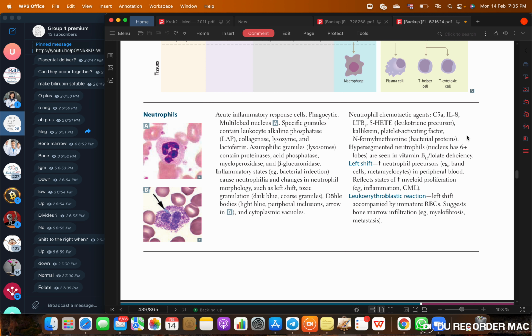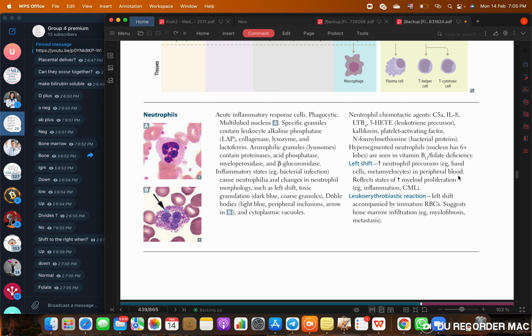Well, actually, it's going to be B12 deficiency. B12 deficiency will have neurological symptoms, while folate will not have neurological symptoms. Do not confuse this with a neural tube defect in the babies. That's totally different. So the left shift, we have a neutrophil precursor, such as the band and the metamyelocytes, will